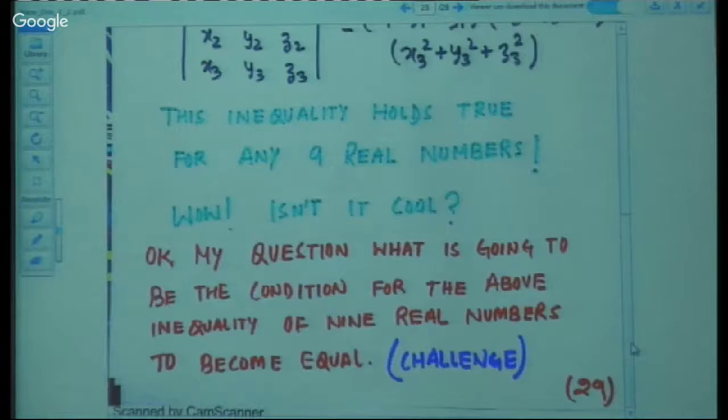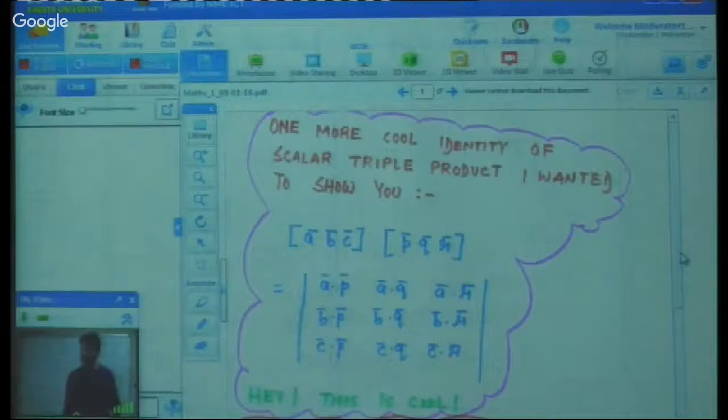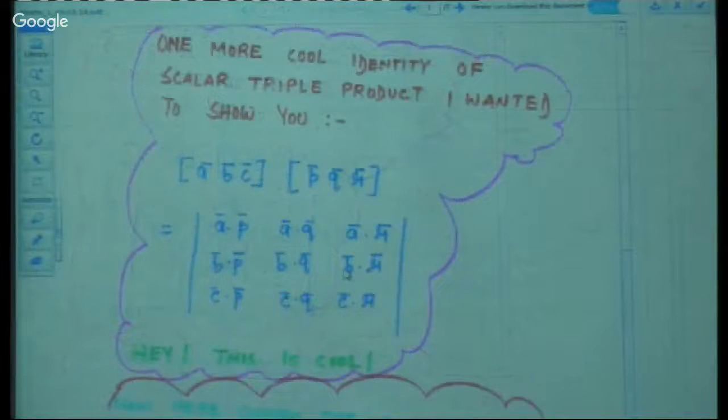Now, since we have already finished our dot product, scalar product, cross product, and scalar triple product, let's see more with the scalar triple product. There is one more identity which you must know about the scalar triple product. The identity says that [A B C] into [P Q R]